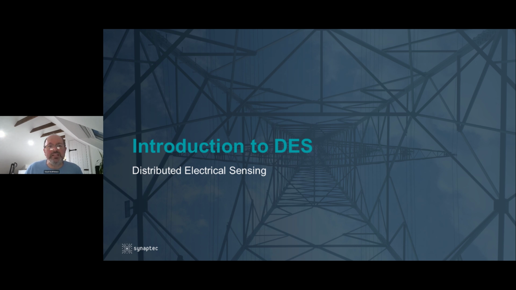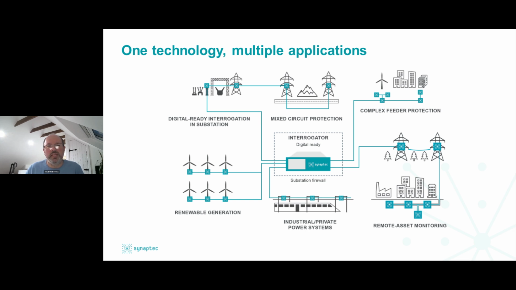To get to that, we have to explain how DES works and what distributed electrical sensing is. I didn't want to spend too much time on this today, but I'll give a very quick overview. If this provokes interest and questions, maybe we can follow up with people who have more in-depth questions afterwards. But think of it as an IEC standards compliant device that goes into a substation where you've got power and communications. And then we use the optical fiber that's available in the OPGW or alongside the cables to reach over the fence